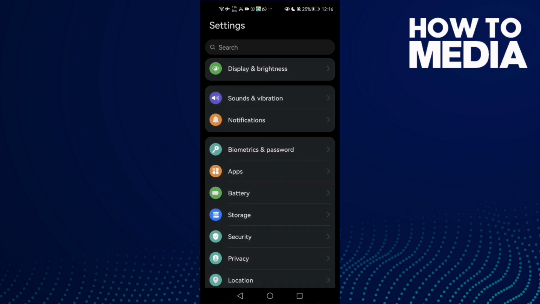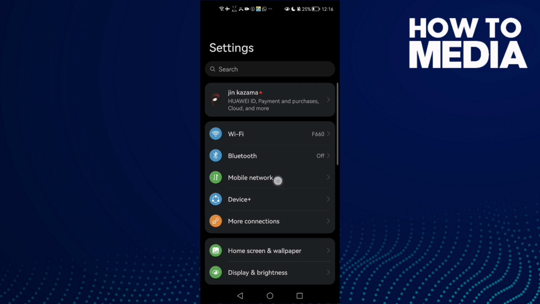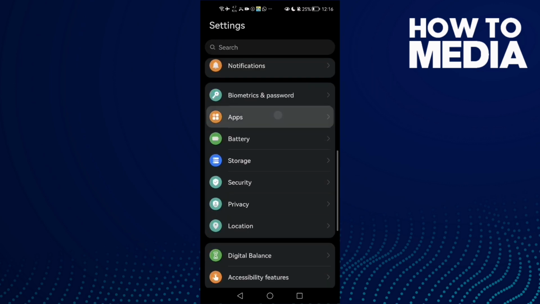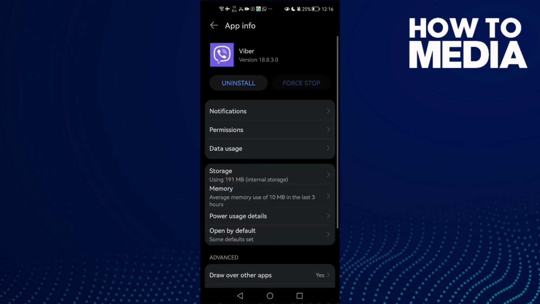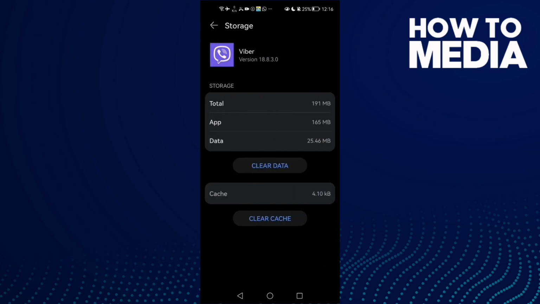First open settings and now scroll down until you find apps and now click apps again. Here you will find Viber, click on it and now click storage and then click clear cache